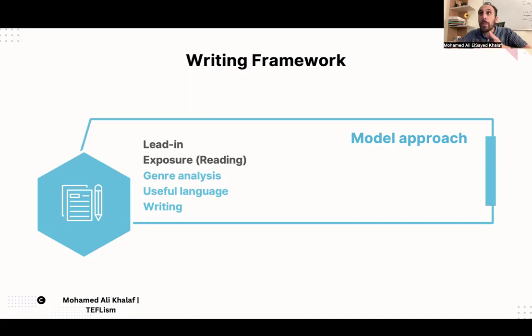Or you can ask them a couple of specific questions or a detailed task. For example, if it's a specific question, when is Andrew going to be available for his new job? Now they need to scan for a date. Okay, but with scanning, they might just get the answer and run to put it on the paper. So I prefer a gist task, like they read overall, or a detailed task, because it will require them to read, but not many questions in the task, in order not to waste time on reading.